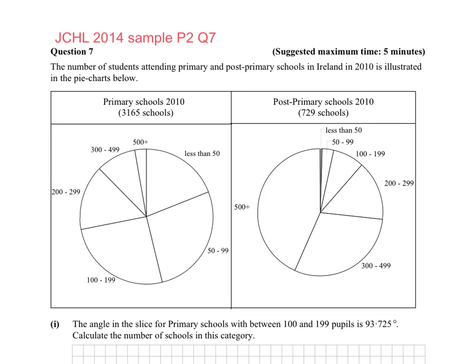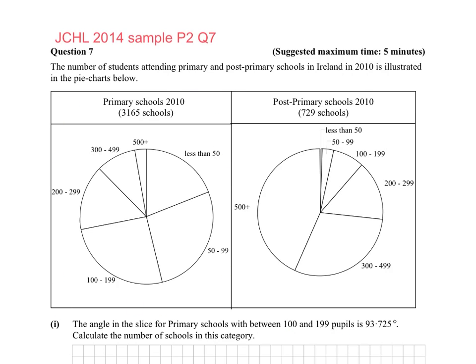Junior Cycle High Level 2014 Sample Paper 2, Question 7. This is a statistics question. You're given two pie charts to compare. In the first question, you're told that in the primary schools, so this pie chart is about the primary schools,